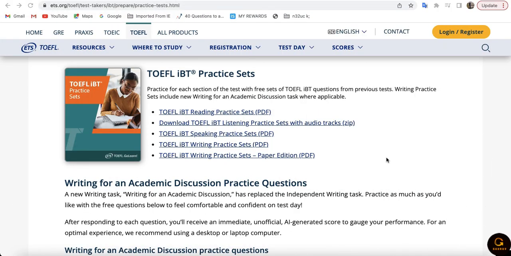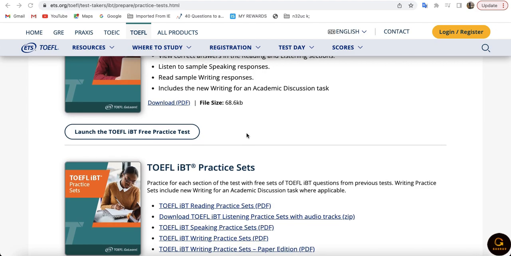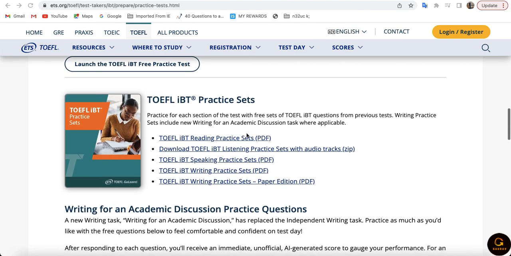Hello everyone. Today we are starting with the TOEFL study plan, and we are starting basically with the writing section. If you are familiar with the TOEFL, you know that TOEFL has four sections: reading, writing, listening, and speaking. So we are starting with the writing section, and today we are going to see how to write a